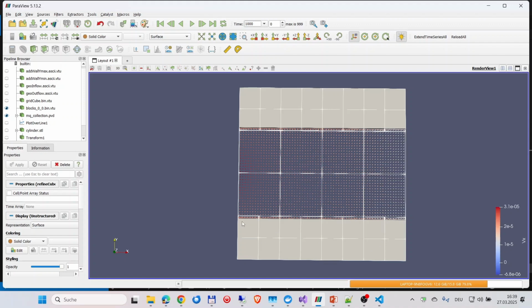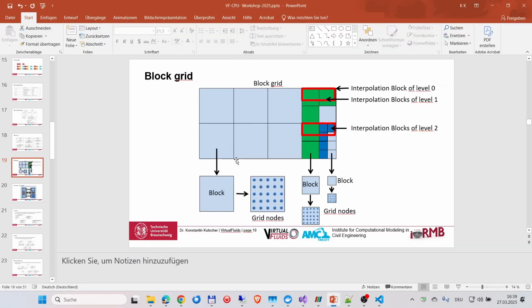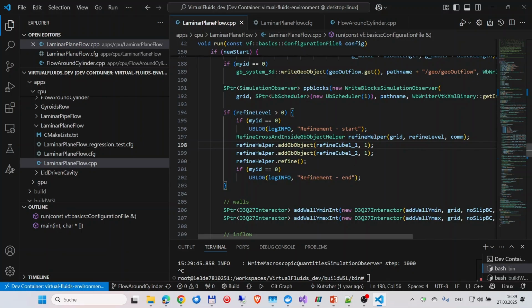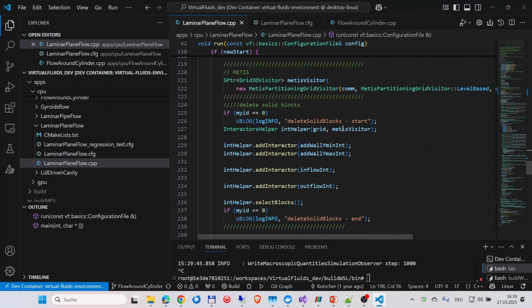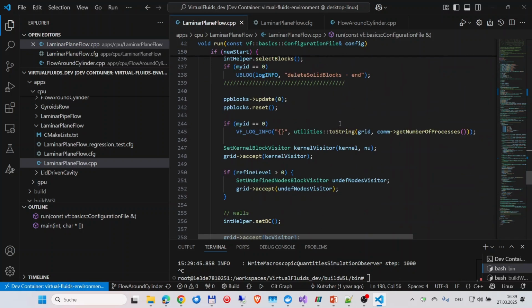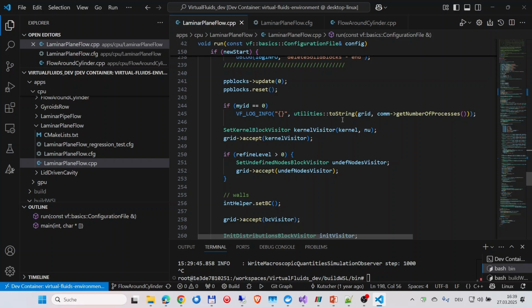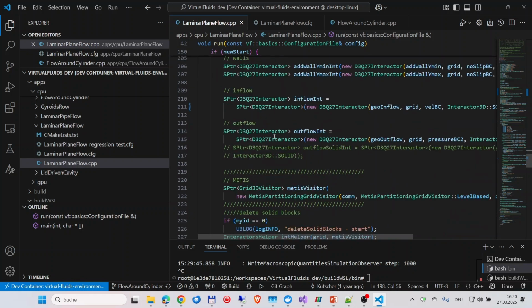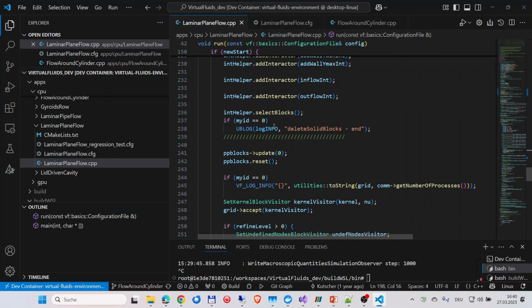creates this interface, the interpolation cells, and special connectors for this. It's everything automatically done. It does this helper first, then the second part